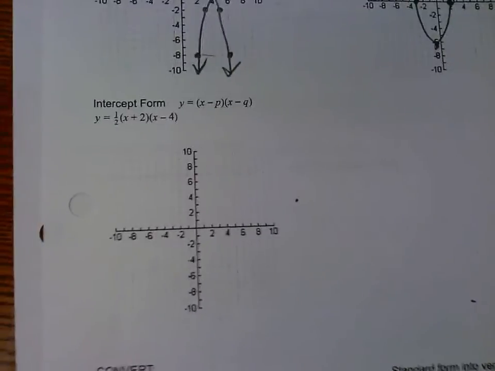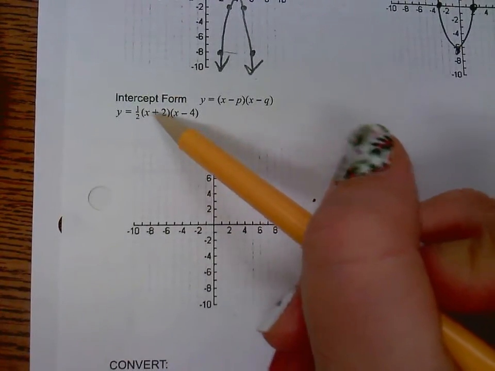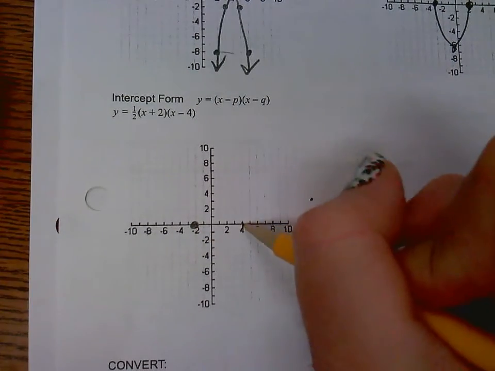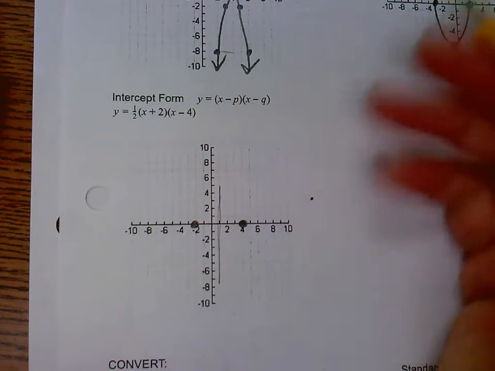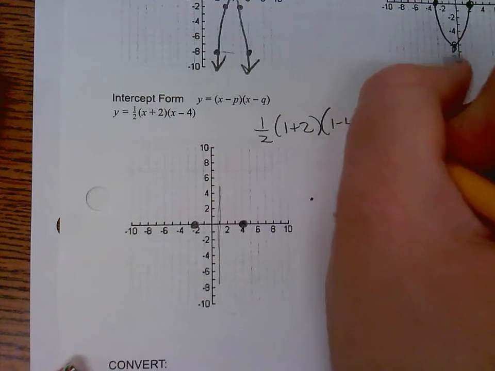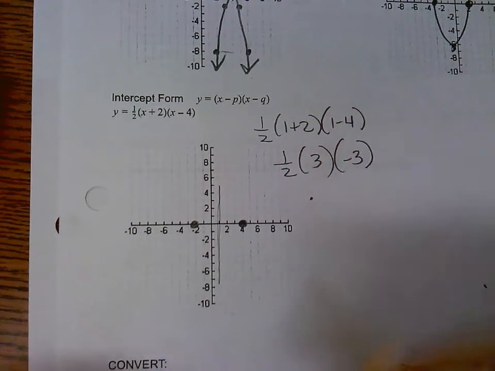Intercept form, it gives you the x-intercept. So remember, it's the opposite of the factor. So I have an x-intercept at negative 2 and an x-intercept at 4. Halfway in between would be positive 1. So I want to plug in positive 1 for both of those x's. 1/2 times 3 times negative 3